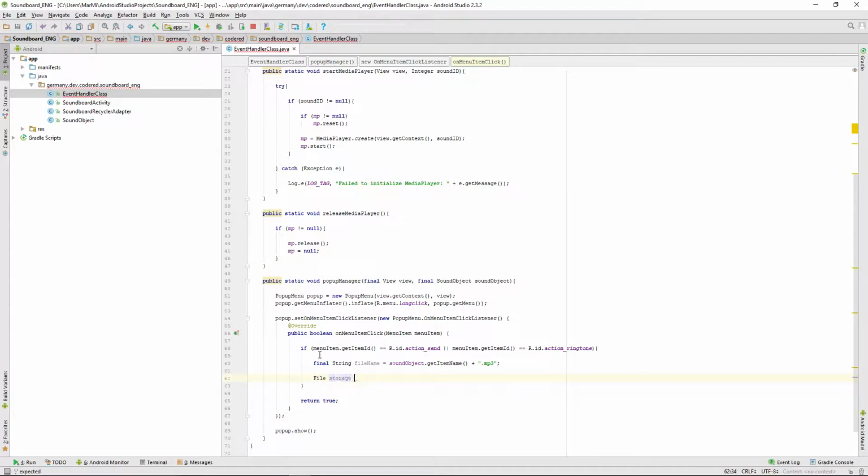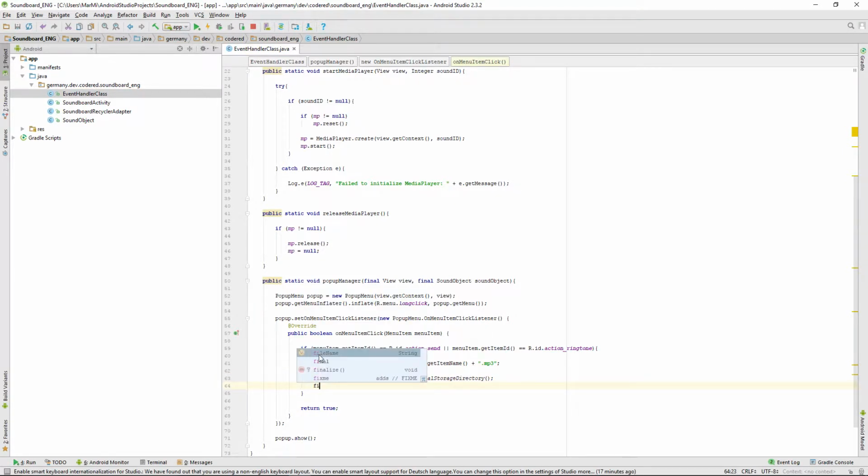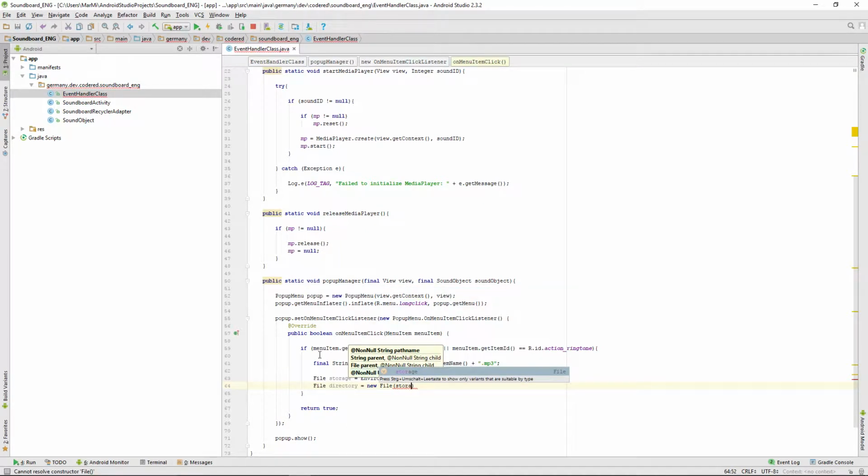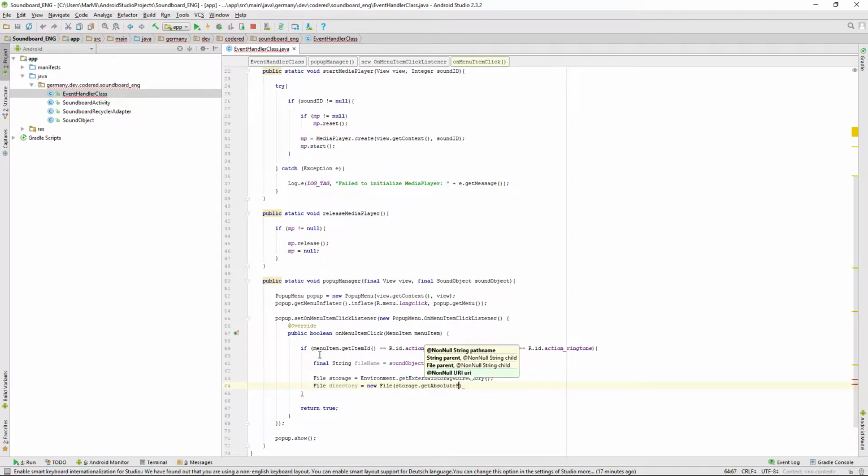So first let me get the Environment.getExternalStorageDirectory, and the next File is the directory itself, so that equals a new File, and we're getting the absolute path of the storage, not absolute file, the absolute path, and we're adding a folder to it. We need 2 slashes in here, and now we want to define the name of our folder. I'm just naming it my_soundboard,